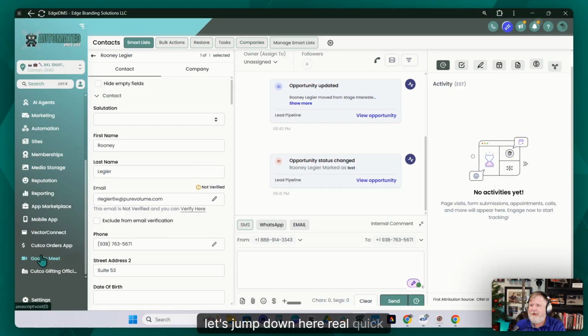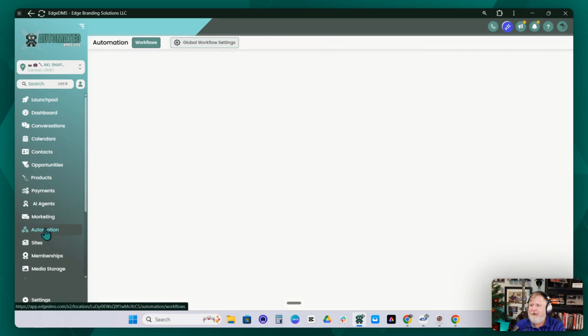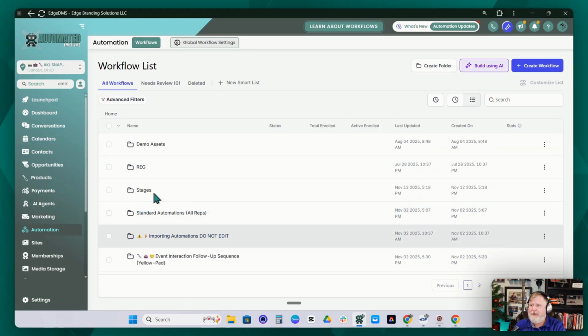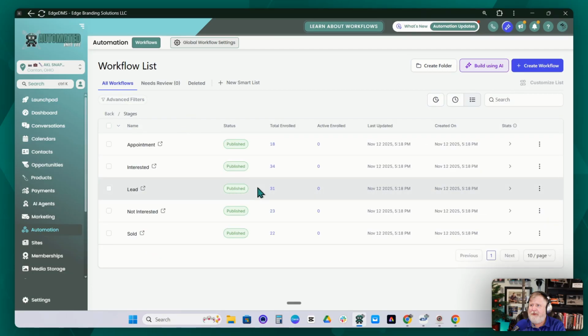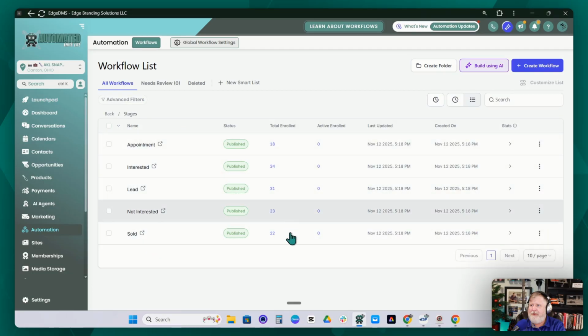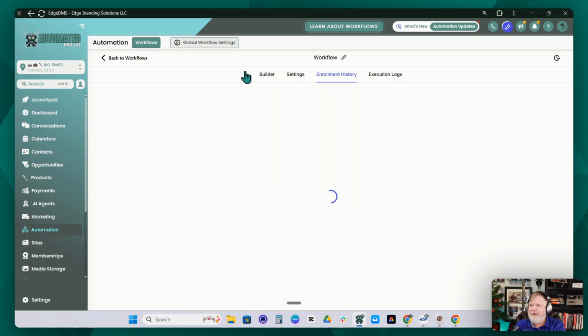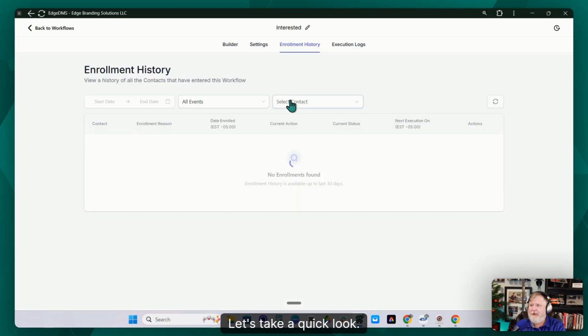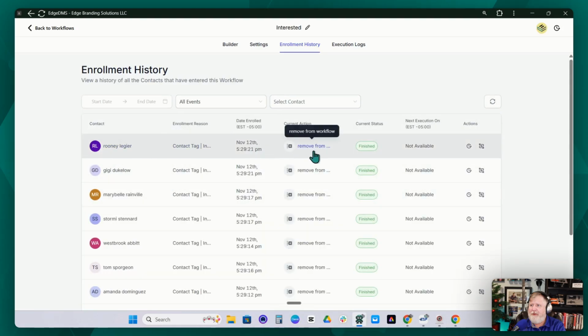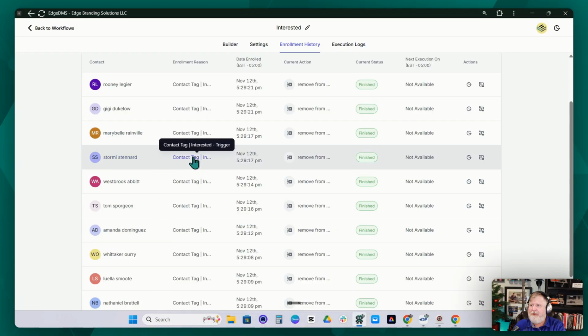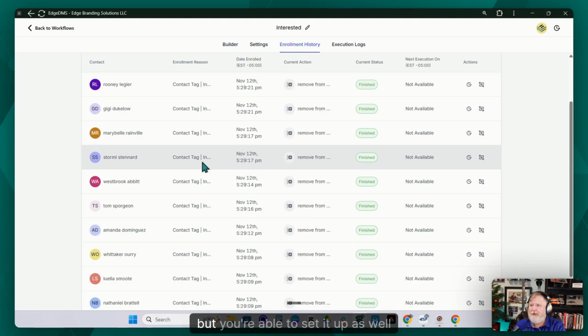So let's jump down here real quick to automation. All right, so what happens when somebody's interested? Let's take a quick look. When somebody's interested, we automatically get a tag on their account that says interested. So this is another thing that we can set up. Actually, we have a lot of this already set up for you, but you're able to set it up as well